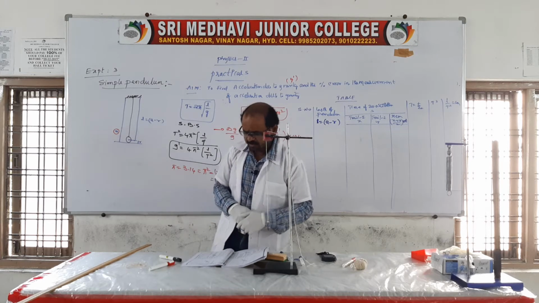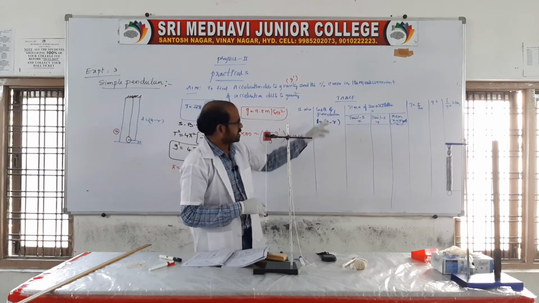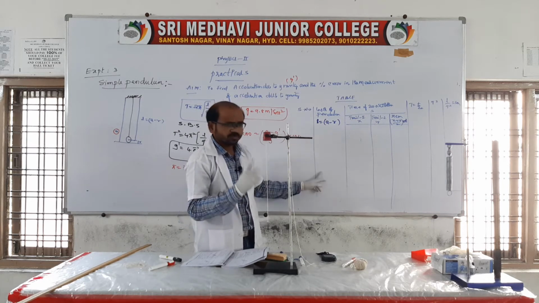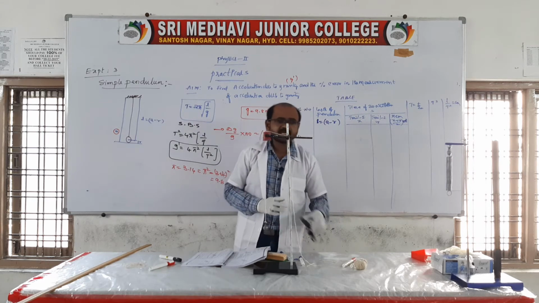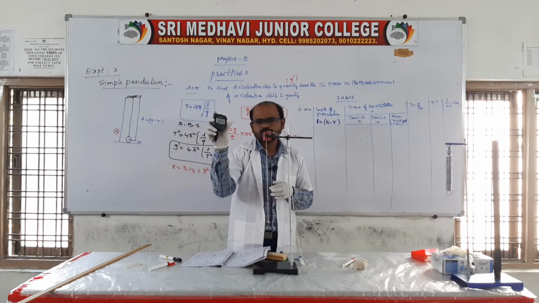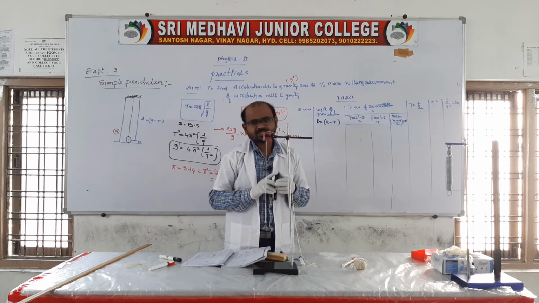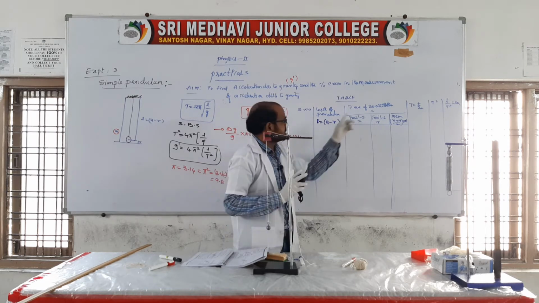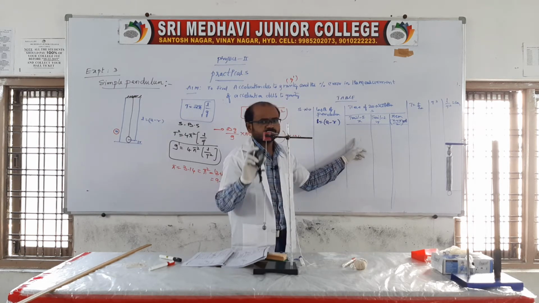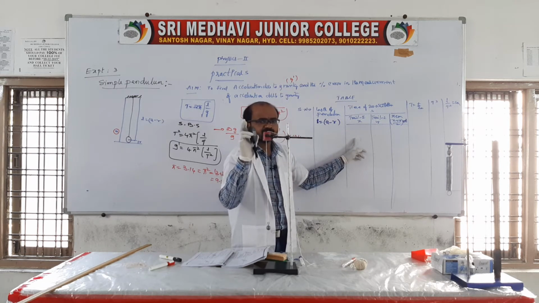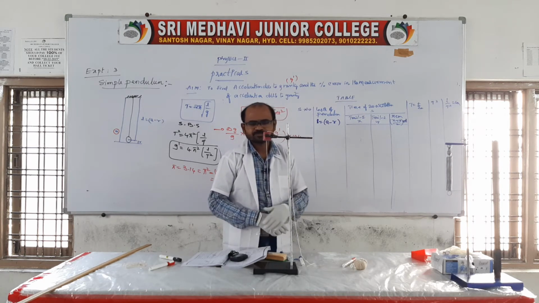Now come to the point: we need to start the experiment. Before going to the experiment, once you look at the length of the pendulum, we need the time of 20 oscillations using a stop clock. Here, using a stop clock, we need to count 20 oscillations. For 20 oscillations, first trial one, here we should write the time for one length. For one length, suppose you pull a pendulum like this and release it.